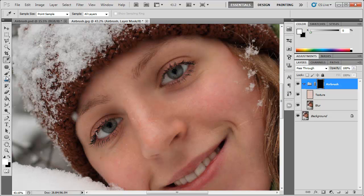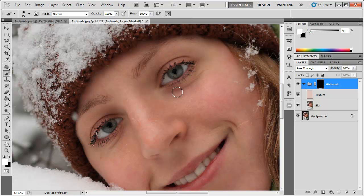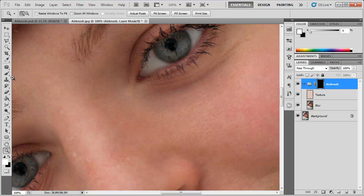So select the brush tool. Make sure your foreground color is set to white. Choose a decent sized brush, hardness at 50%. And you might need to adjust these depending on the different corners you get on the photo and how hard it is to maneuver around different things such as the eyebrows and eyes. Set the mode to normal, opacity at 100%, flow at 100%, and we're just going to simply zoom in here to probably around 100%, and then